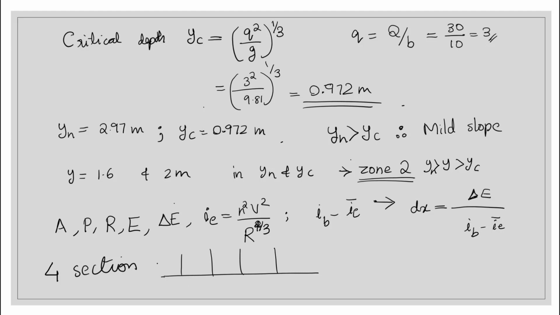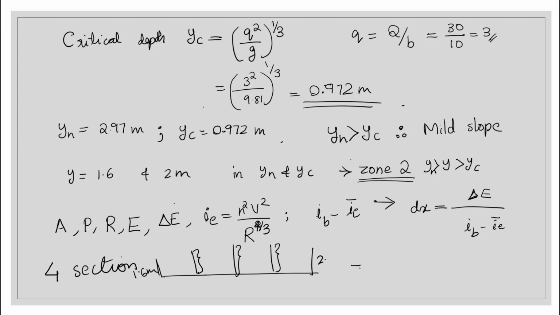Okay, so I'm dividing the entire length into 4 sections. The first depth will be 1.6, the last depth will be 2, and all the others will be in between. Here I've drawn 5 sections, so I'm dividing the total length into 4 sections. In order to find out the depth of each section,